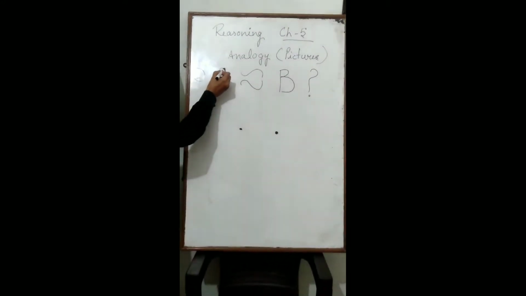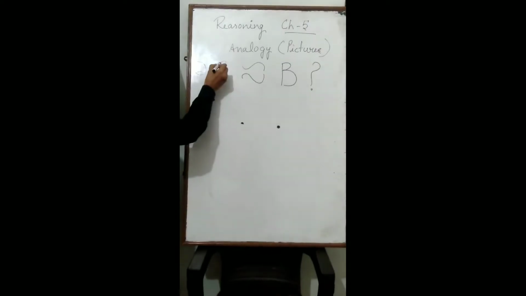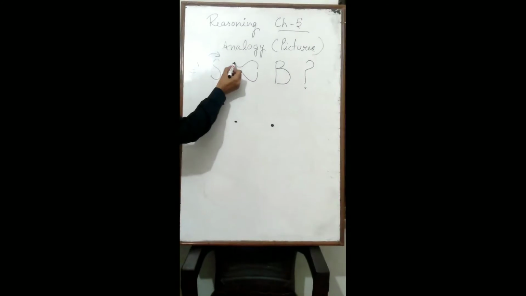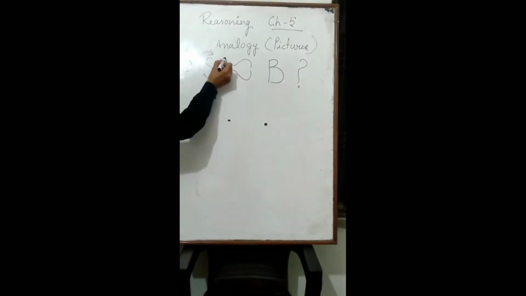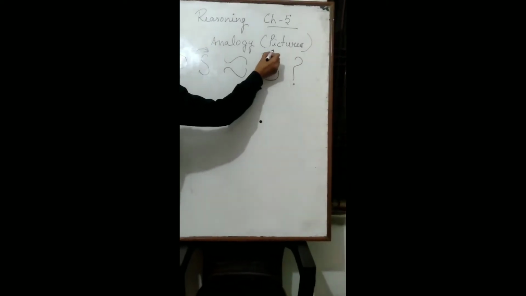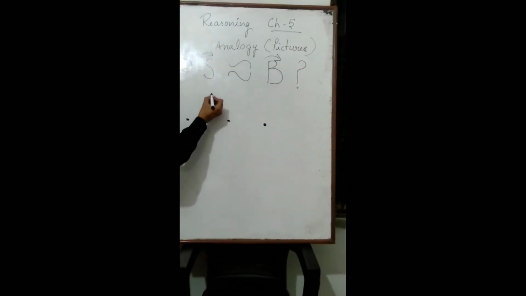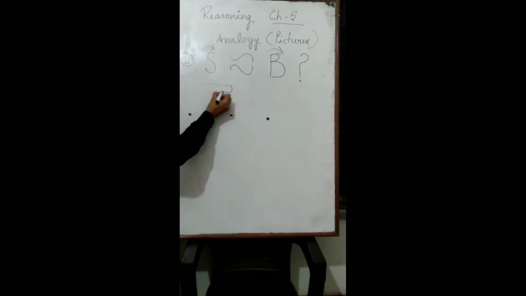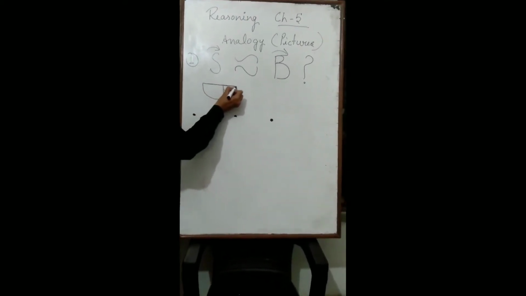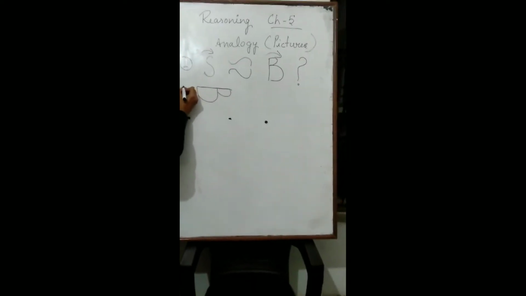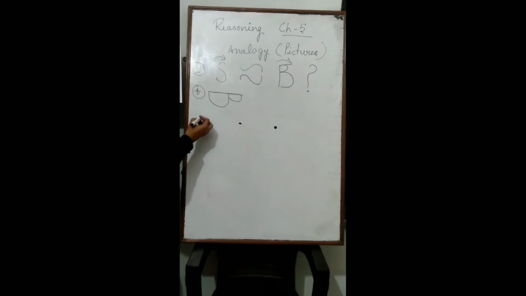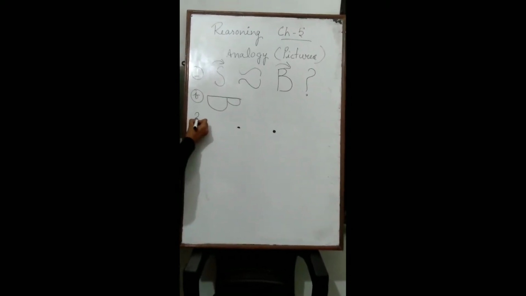You can see this S is here and it is moving in a clockwise direction by 90 degrees. Then this S will be given. According to this figure we will move, this value is also 90 degrees. That means this will be the figure of the answer. So which option is right? B option is right.